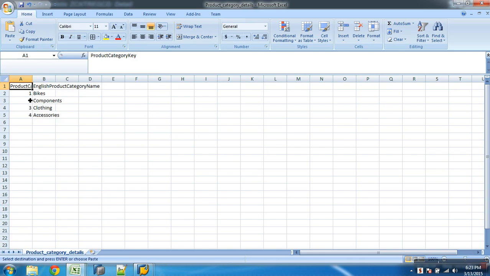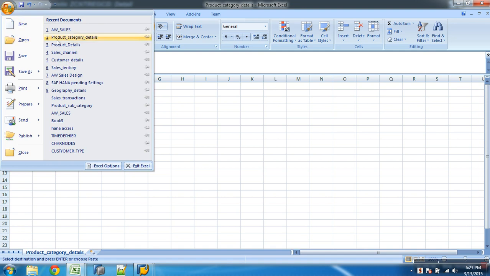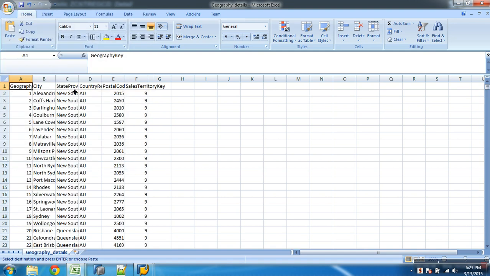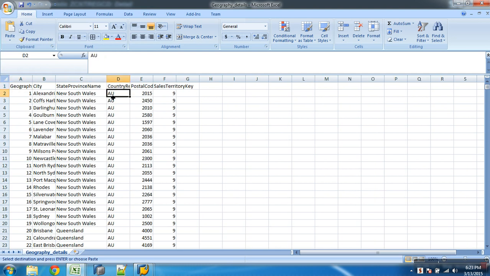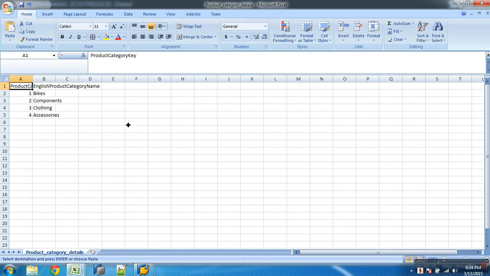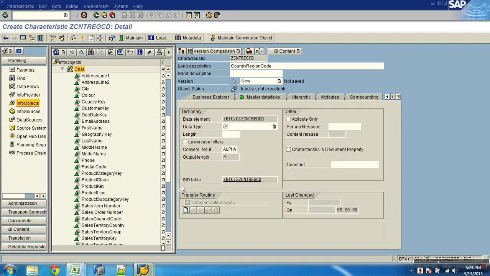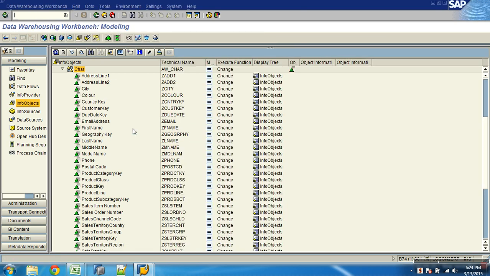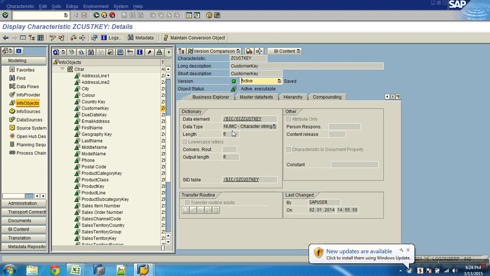So what should be your data type for this? We are looking at geography details. Country region code. Okay, I think we planned to use country itself for this. Country key can be used, so I don't have to create it, because it is holding country keys. So I can use this country key, which has got NUMC?